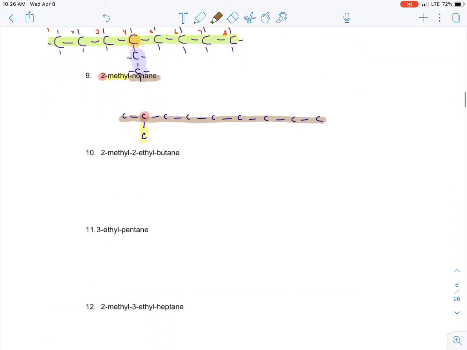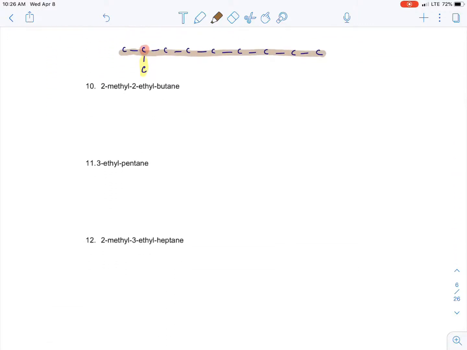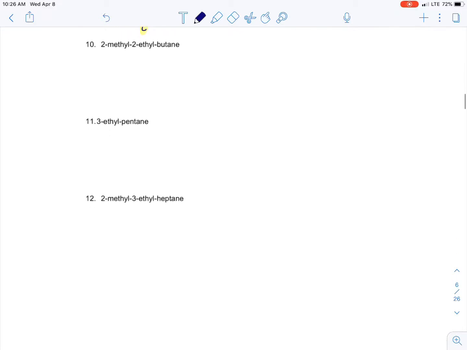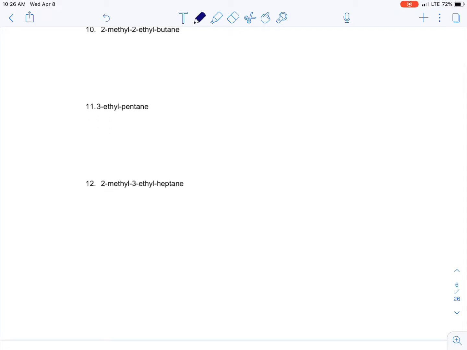Oh yeah, let me show you the faster way. Instead of drawing all the C's, I'm going to do the last one because it's longer. Instead of drawing all these C's, we're just going to draw a line that's kind of like a Charlie Brown zigzag line. All right, and so our name we have is heptane. Hept, 7, ane single bonds. So we're going to draw